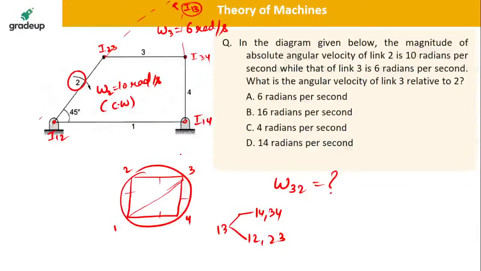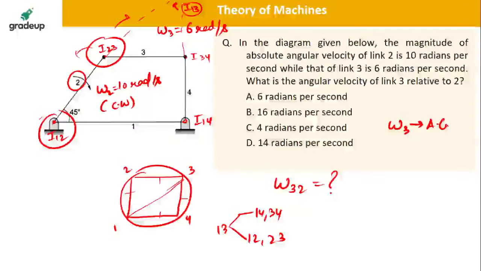Now 2,3, 1,2, 1,3 opposite side, so what will be omega 3? Omega will be in anti-clockwise direction. Remember Kennedy's theorem, if it is anti-clockwise, so omega 3 minus omega 2, so this is